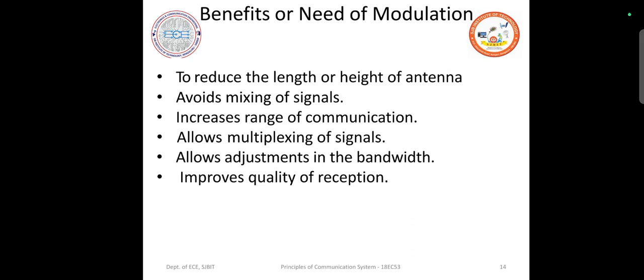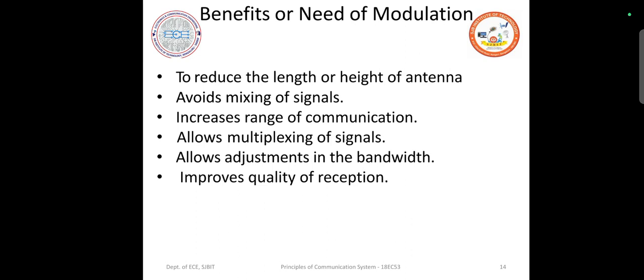Okay, as an example, if I say I have a 1 hertz frequency signal, then what will be the lambda value? We all know V is equal to F lambda. So lambda basically becomes equal to V by F, because F is equal to 1, which is 3 into 10 raised to 8. So you would require such a height of antenna to transmit a 1 hertz frequency signal. So that's the first and foremost benefit of modulation,